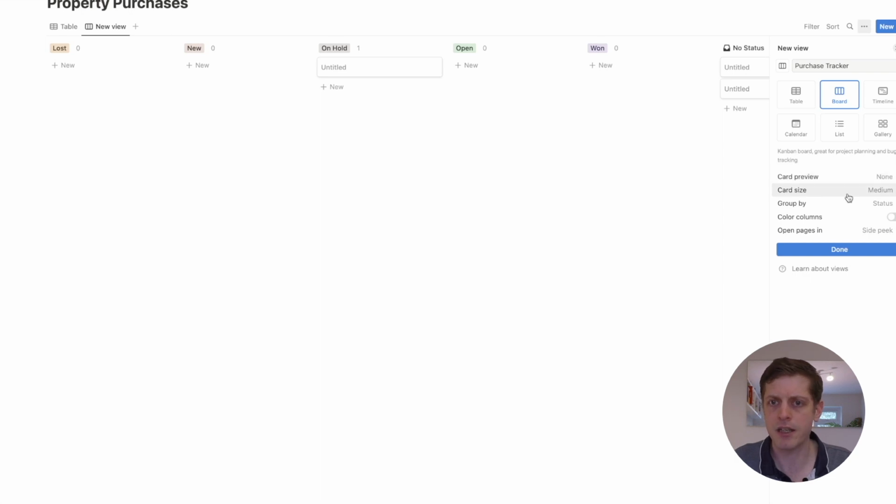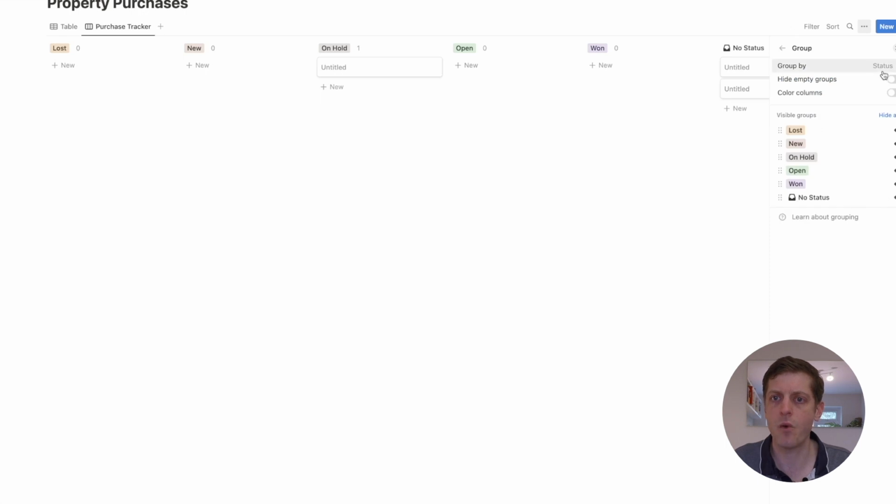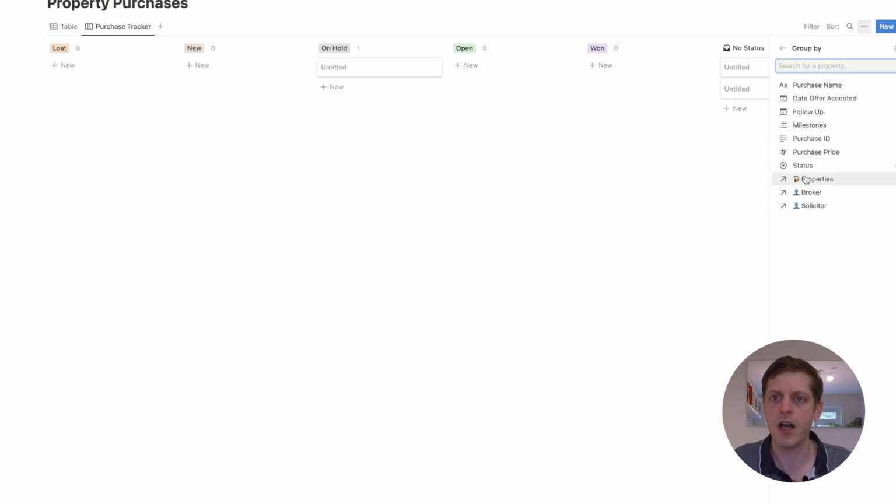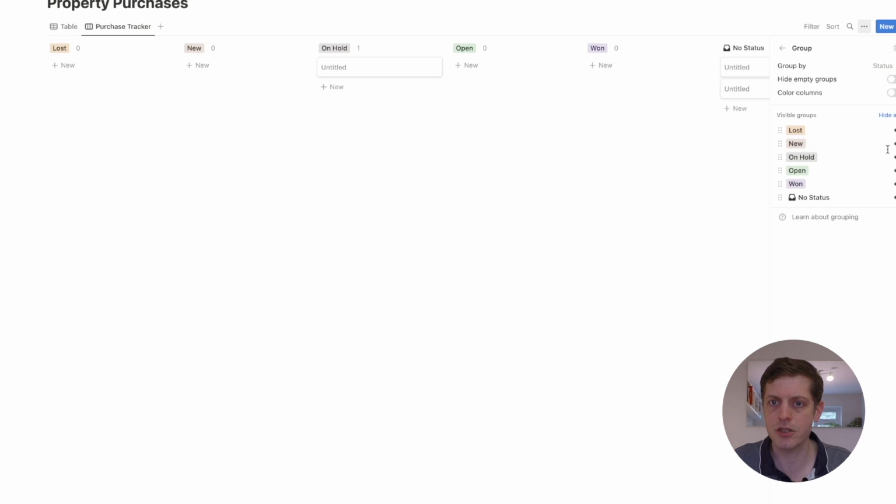We don't need to see everything. Card size is fine. Group by. So this is where we can select where we want to group things. Now, I want to group by status just for this view, so we can see, and let's put things in